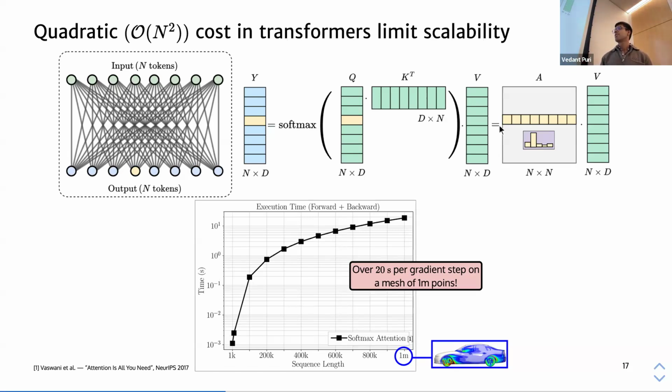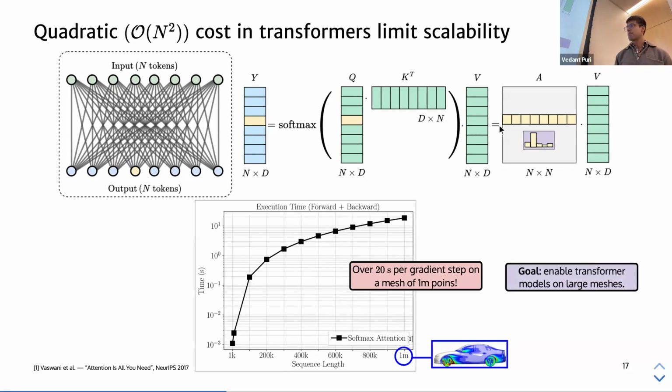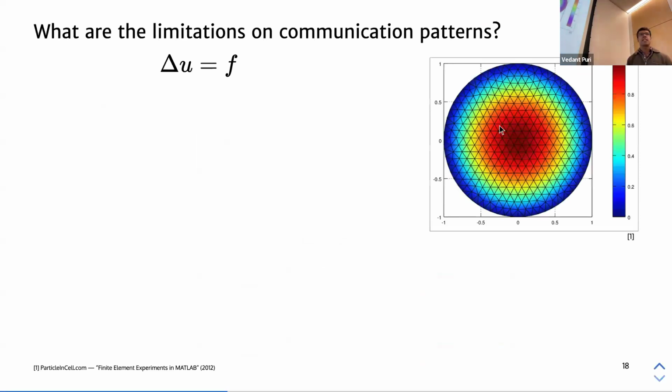And we see that for a test case with 1 million points, a single layer of self-attention will take approximately 20 seconds, which makes this method absolutely infeasible for evaluating on large PDE problems. So the goal for this section of the talk is to develop a scalable transformer model that can work effectively on large-scale meshes. But before we go there, I think it might be useful to take a step back and